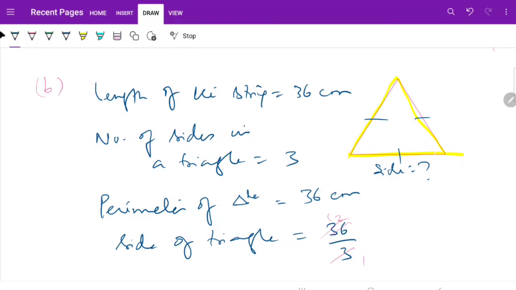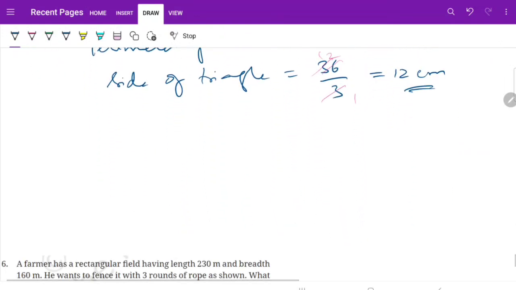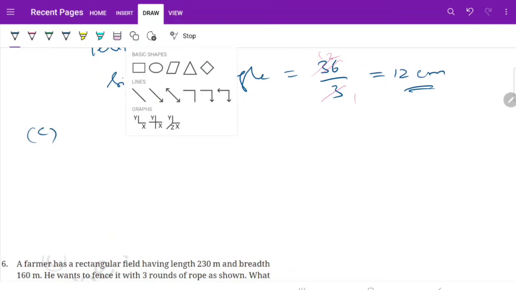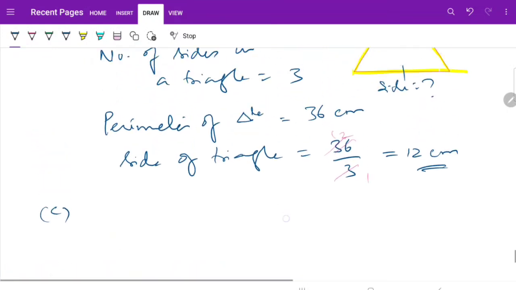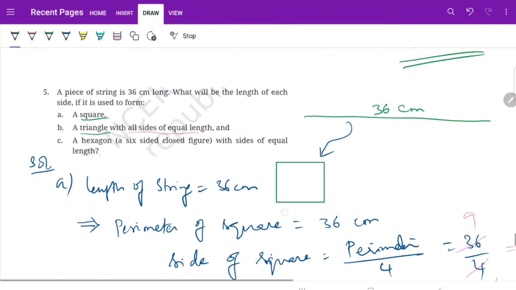So the side of the triangle is how much? 12 centimeter. Now the C part. What is the C bit here? We are not having the C bit shape. The C bit here is, if the length of the string is 36 centimeter and it is changed to a